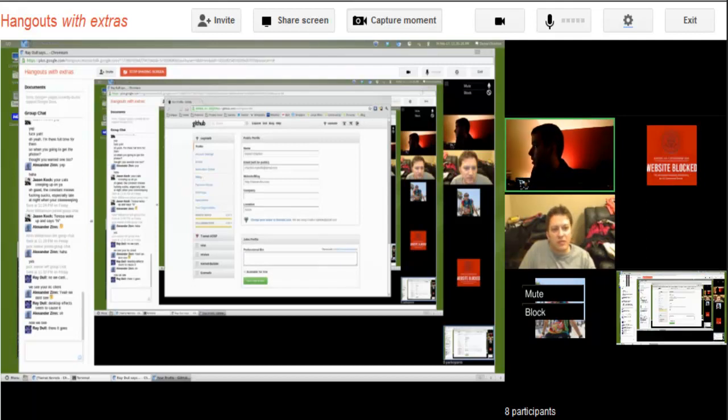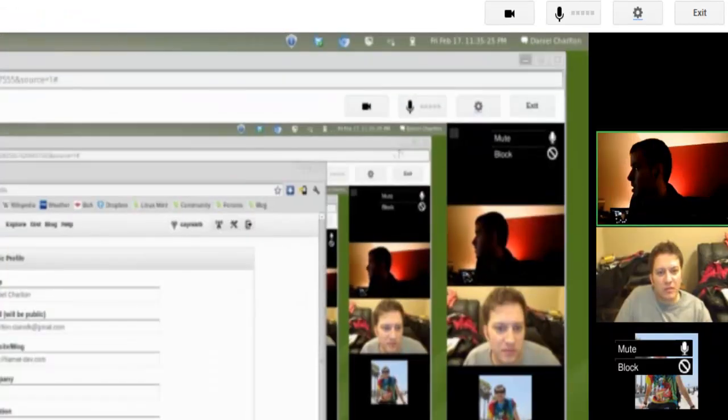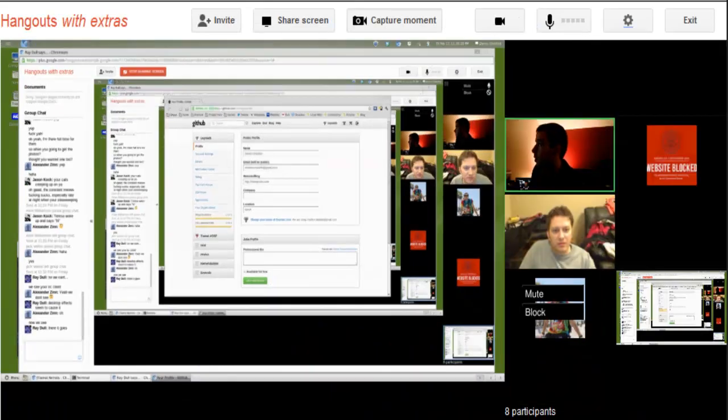It doesn't show me this SSH option. It only shows me the HTTP and the Git read only. So I can copy these repositories, whereas this one with the SSH, I can actually write to it. So for